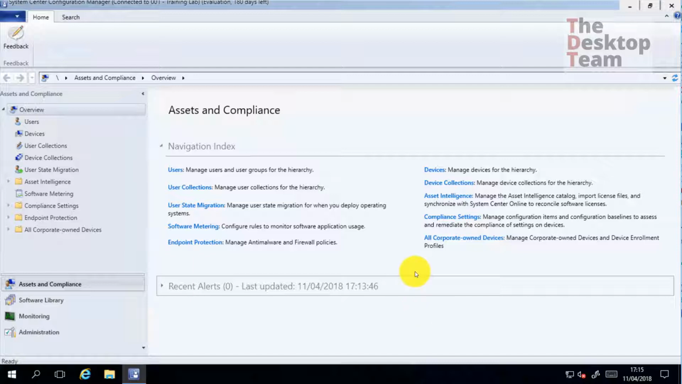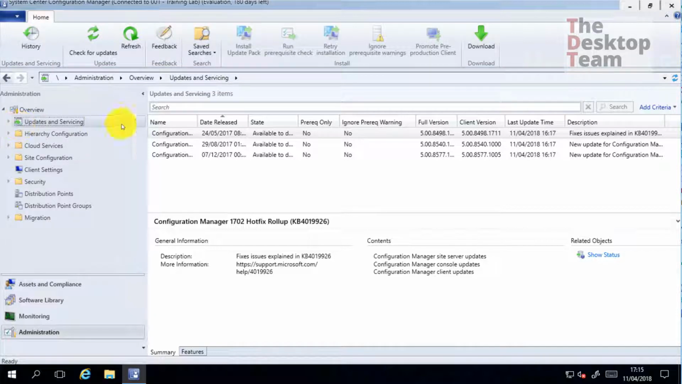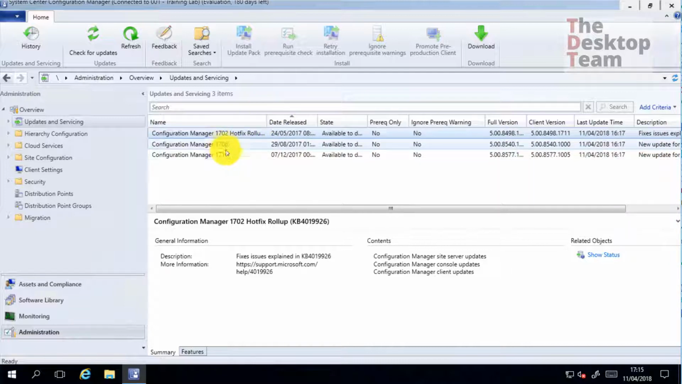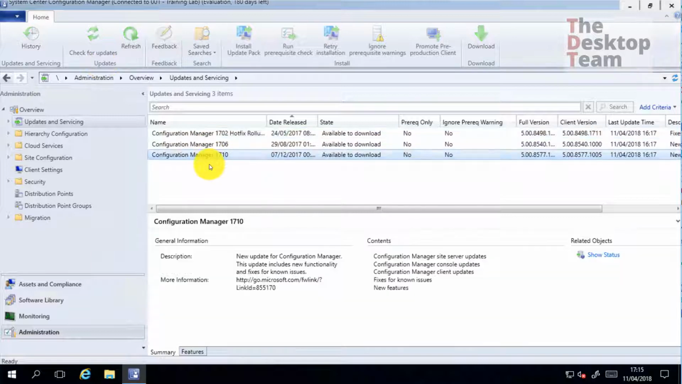So the first thing is where. Like I said, for any administration task, we need to go to the Administration node, and we are going to click here on Updates and Servicing. So we have already some versions available for us: the 17.02 hotfix, 17.06, 17.10. Microsoft sometimes may automatically download. In our case here, we are going to select 17.10, and we are going to